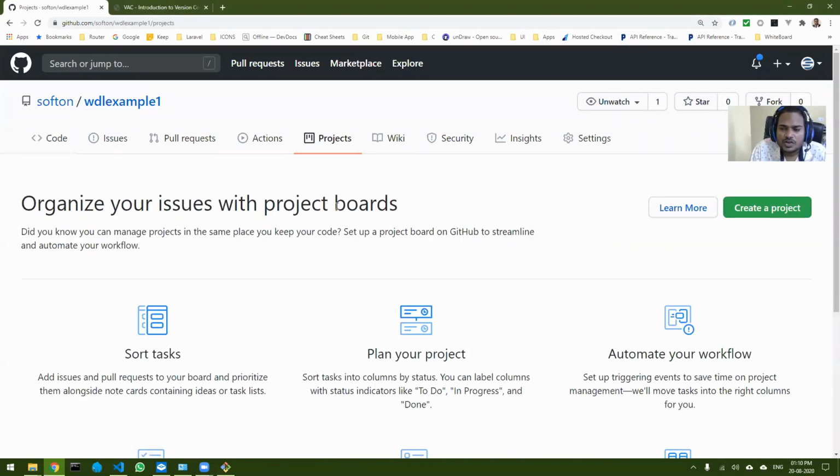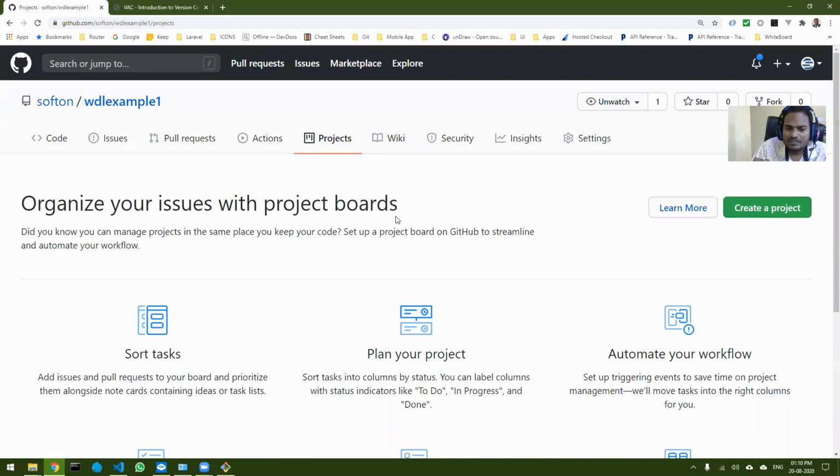Now, what are projects? Projects is very important when you start developing projects in groups, or in fact individually also. In groups, normally when you plan your project, you write down all the things you have to do.